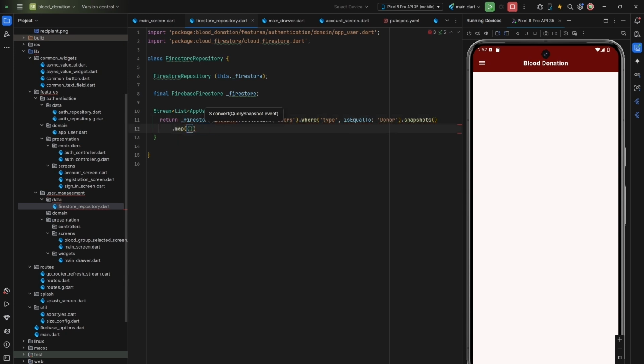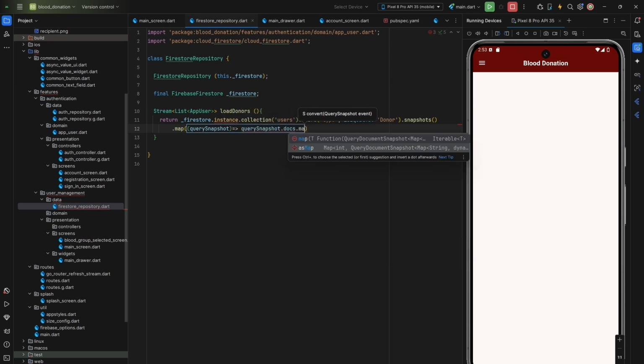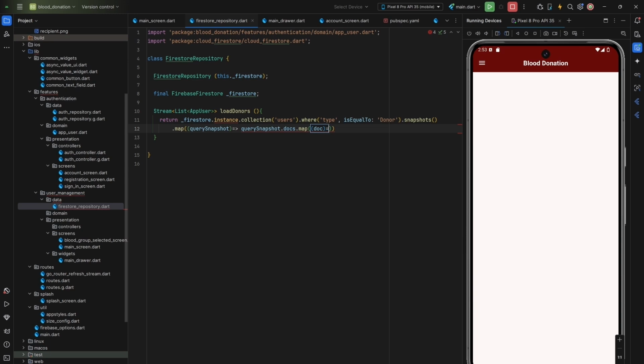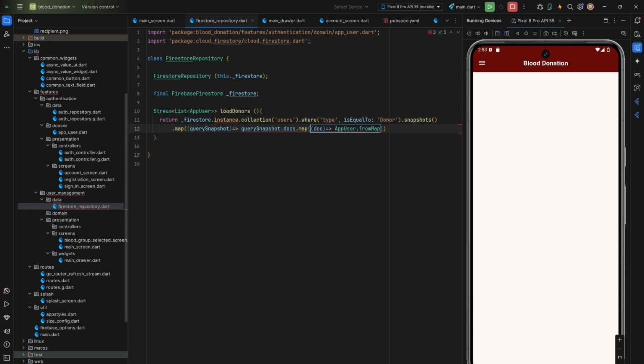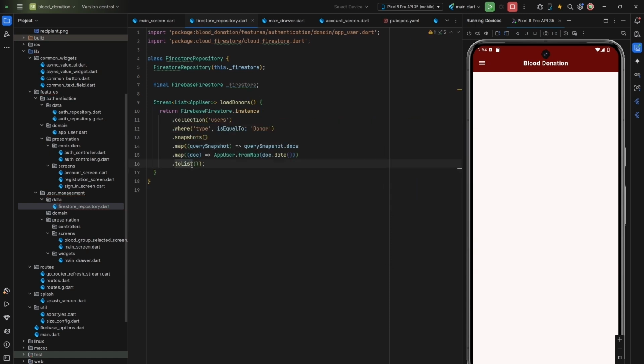.snapshots.map, so you want to map query snapshots, query snapshot, and return query snapshot.docs.map doc, and return AppUser.fromMap doc.data.toList, like that. Remember that we also want to filter these donors, so we want to filter those that are similar